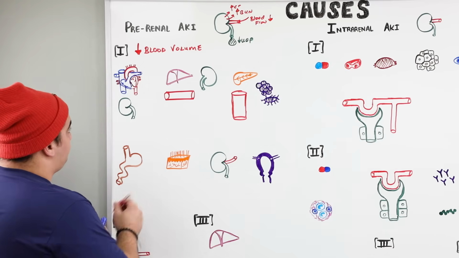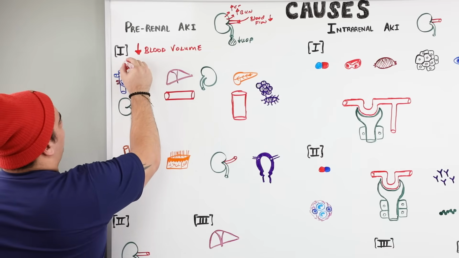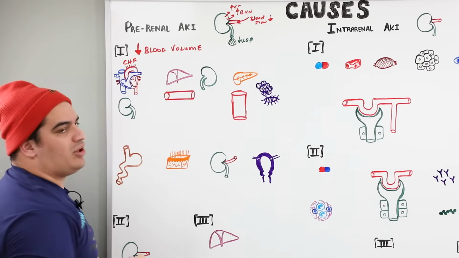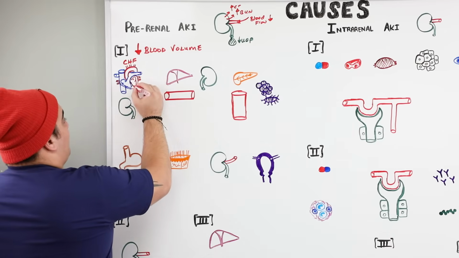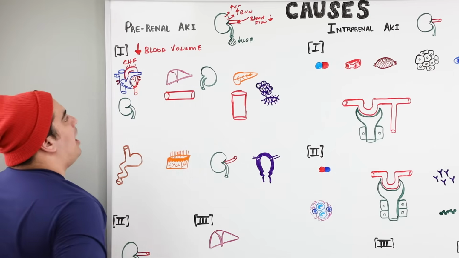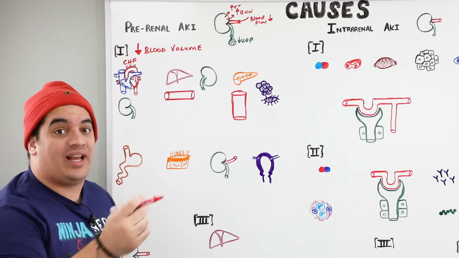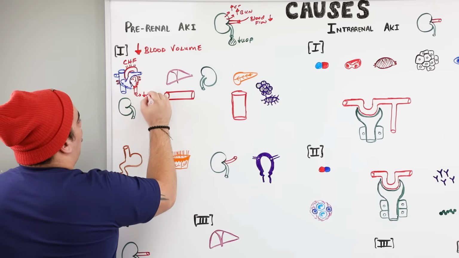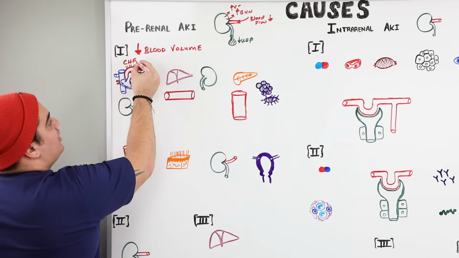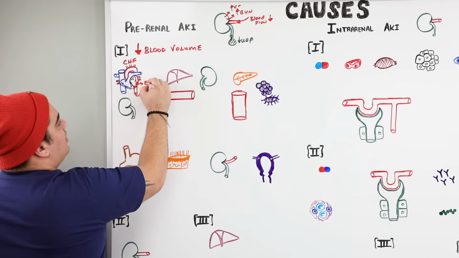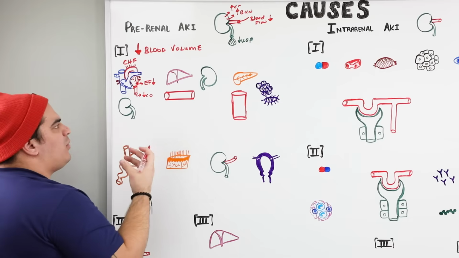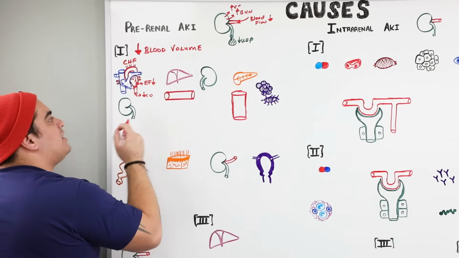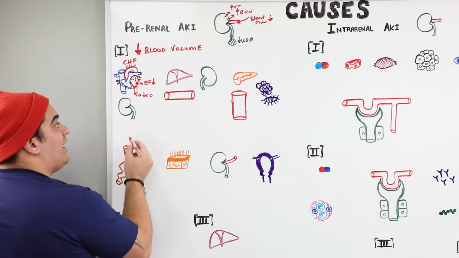What are some examples of these? One of the big ones is when someone has CHF. When someone has really significant heart failure, the pumping function of the heart is decreased. Maybe the left ventricle is not pumping well and not having a good cardiac output. What happens when you have a reduction in cardiac output because a person has CHF and their ejection fraction is really low? In other words, the percentage of blood that they're pumping out of the ventricles is much lower.